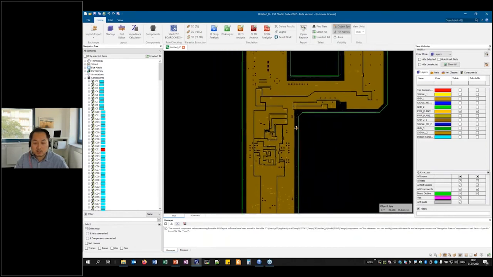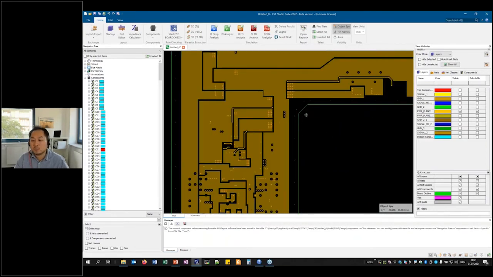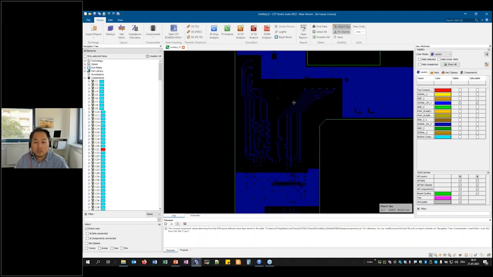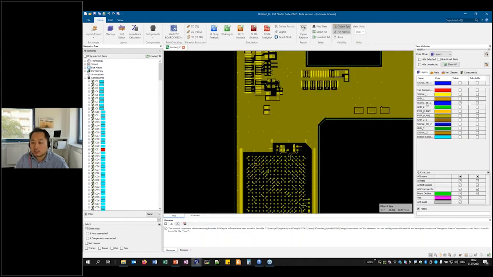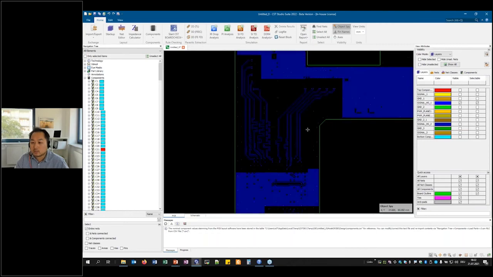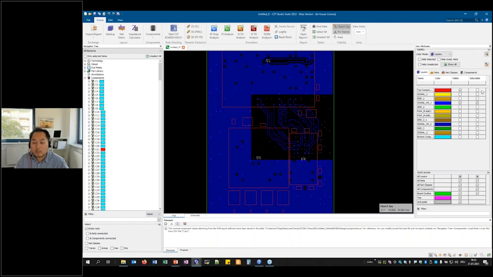So I will basically deactivate this again and then go to the top view. Then I will select, for example, the signal layer. Here I have several signal interfaces on this signal layer, and also here on this signal layer as well. I will also activate the top layer. So if you would like to analyze, for example, the communication between the CPU U1 and the memory bank